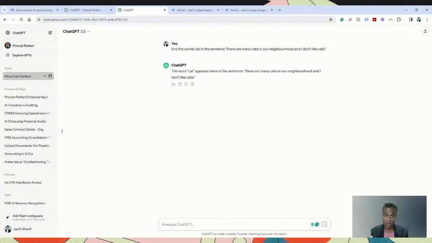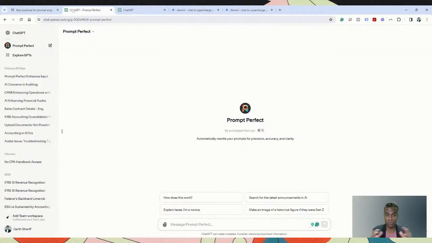What I should have written, according to ChatGPT, to work in the behavior is first the instructions: find the word cat, and then the hashtags to say here's the sentence I would like you to find it. It's separating instructions and context. Now, in this really simple example, it doesn't probably matter. But when we're dealing with more sophisticated text, more quantity of text, that type of help can really go into